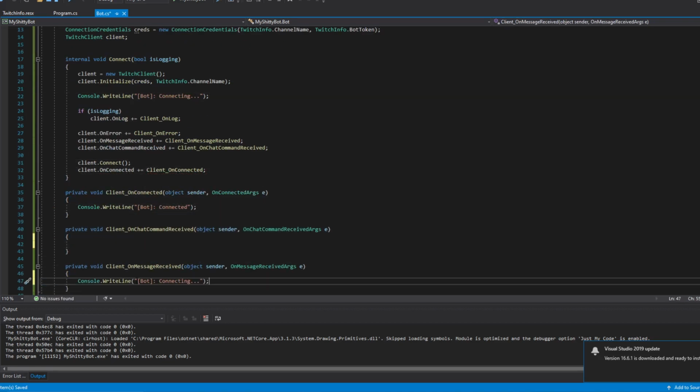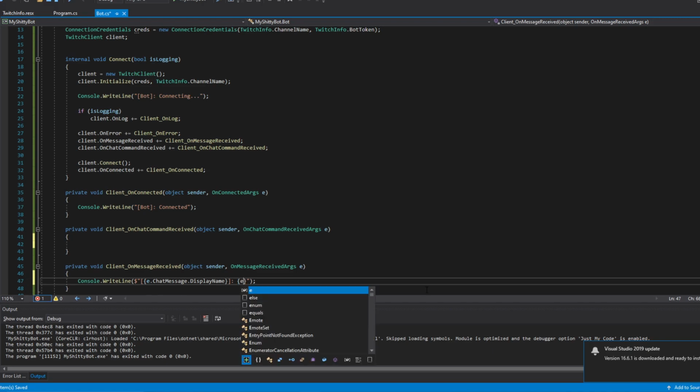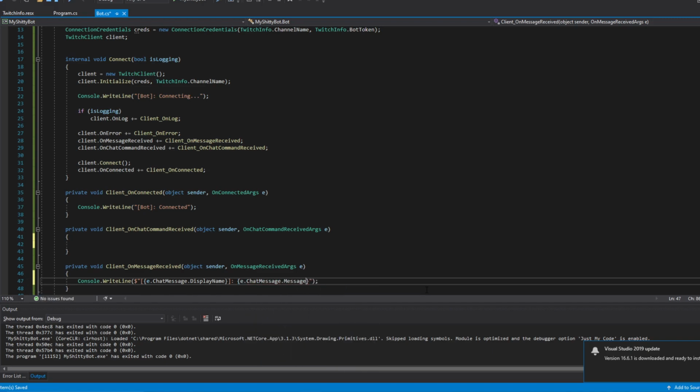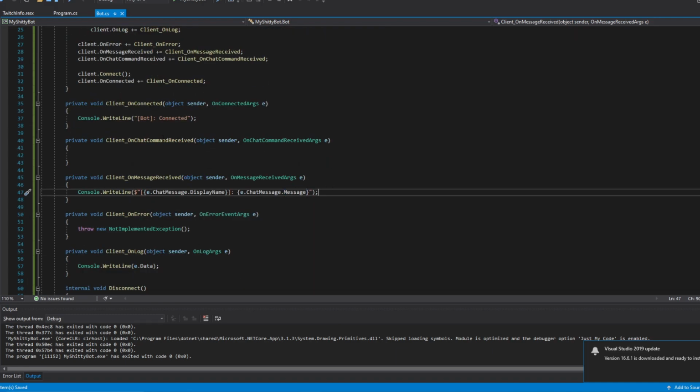Okay, and for the chat messages we can be a little more fancy. You see how we got bot here, right? That's just standard text, but here we can actually do the same, just a little bit different. So we got our regular stuff like this. So here what we need is e.chatMessage.displayName, and for the text itself we can add e.chatMessage.message. So now if someone says anything in the chat, it will show up in the same format as this